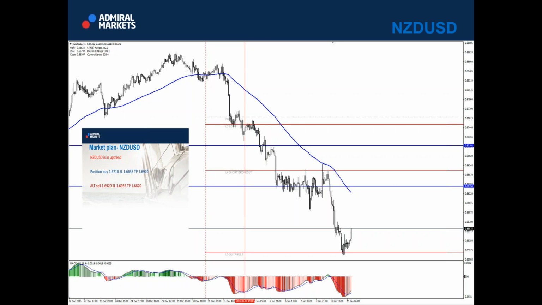Yeah, this was a sell, but this was the first, so yeah, this was a loss. 67.10. We had some pips here, but basically the price didn't make 20 pips in our favor, and because of that, I need to say this was a loss. 75 pips of a loss.